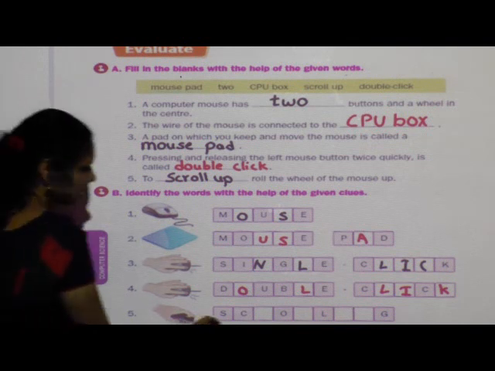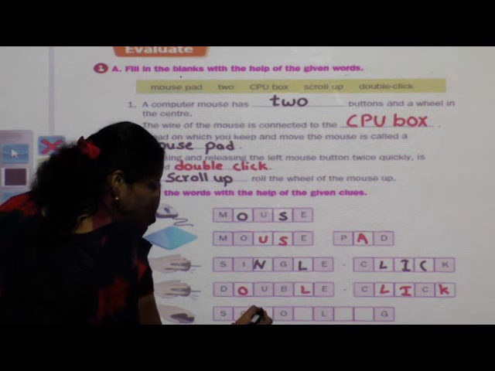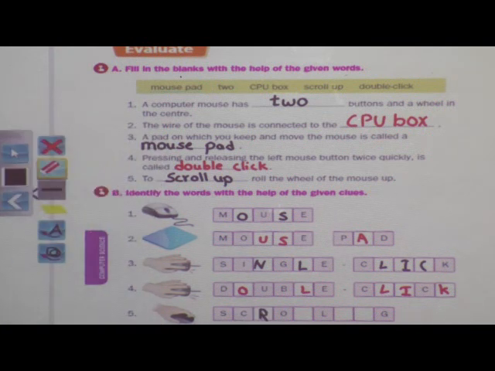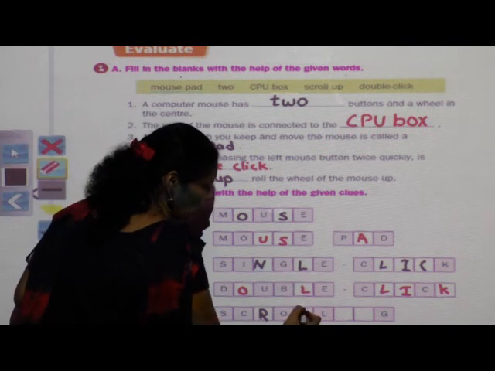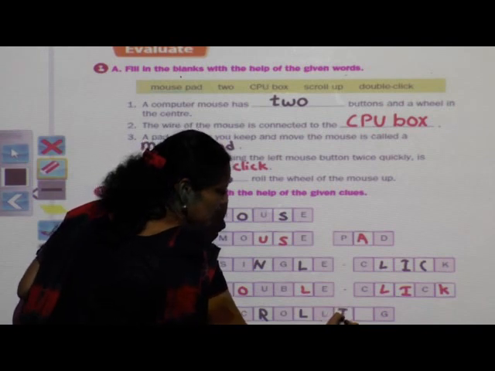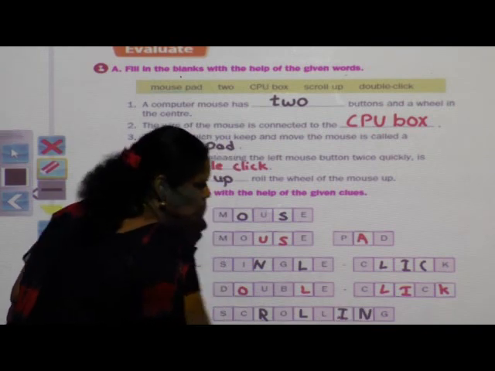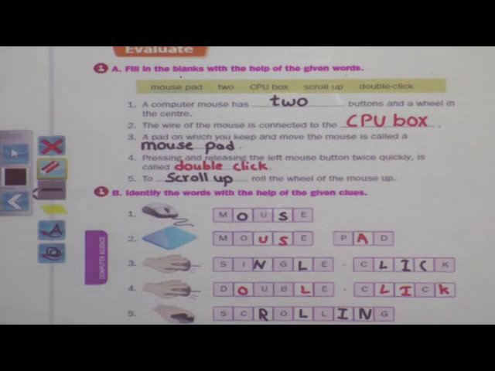S-C-R is written, right here R, S-C-R-O double L-I-N-G, scrolling. Done students? I will wait for a minute.